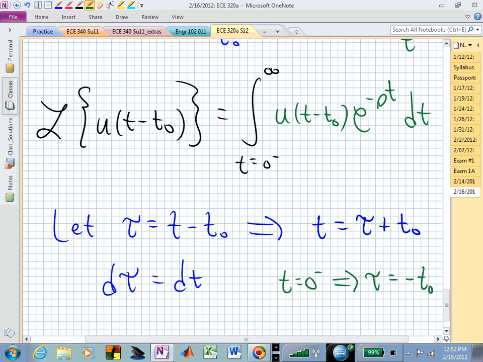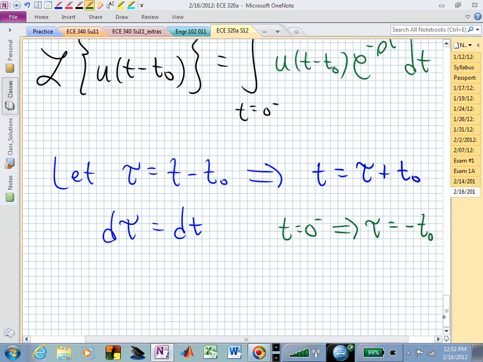It's minus t naught. So now we go back to that definition of tau and plug in t equals 0 minus, and we see that tau is equal to minus t naught, meaning if we're integrating from t equals 0 minus to infinity, now we're going to be integrating from tau equal minus t naught up to what happens when we replace t with infinity. Infinity plus something is still infinity. So now we have infinity